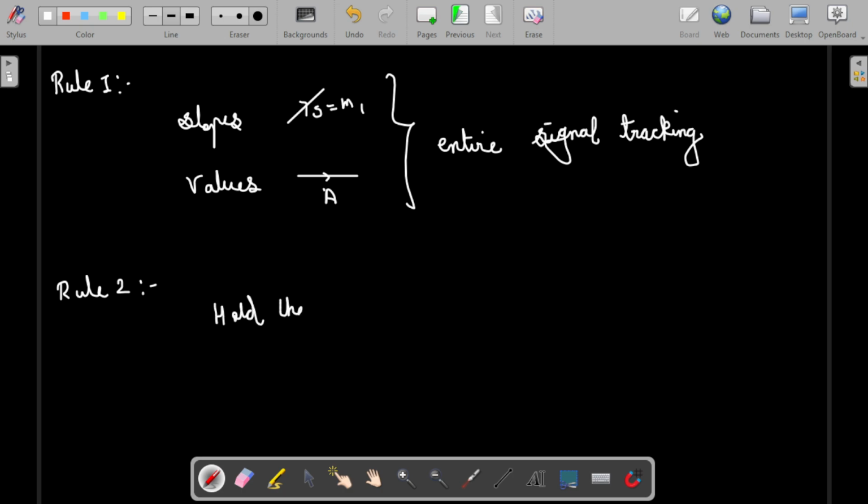Hold the previous position. Okay, I will explain it. So don't worry. So rule 3 is that